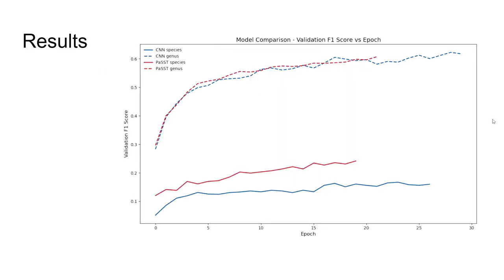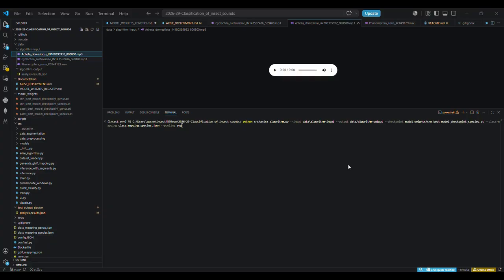Our overall results show that training models on higher level categorizations like genus or family, rather than species, might increase performance. Our hope is that future developers can use these results to better inform their methods on how to train and construct their architectures. I'll give you guys a quick demo of how a researcher would go about getting some